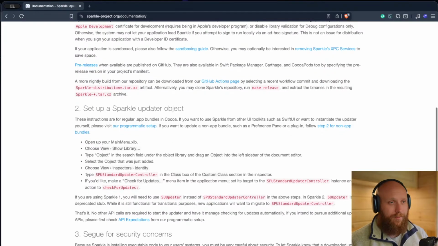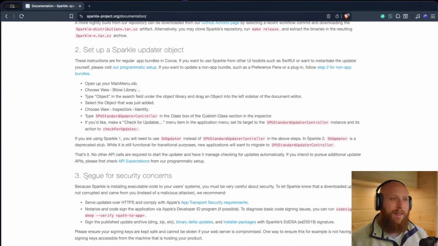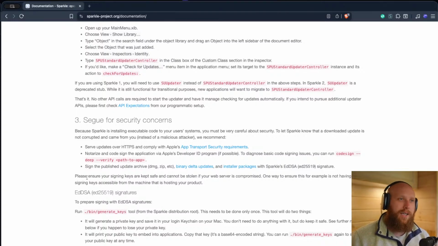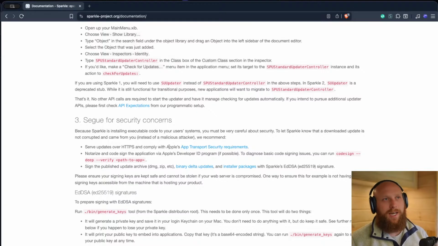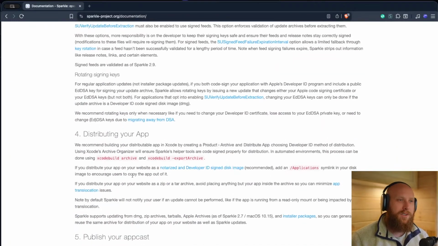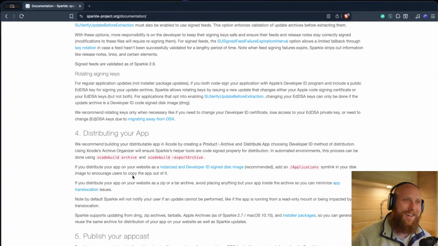Well, it turns out that you're doing a bunch of things, like you're signing your app, right, properly with Apple's signing or code signing things. But one of the core things that I'm really interested in is distributing your app, right? It's like, why build something if you can't ship it? So